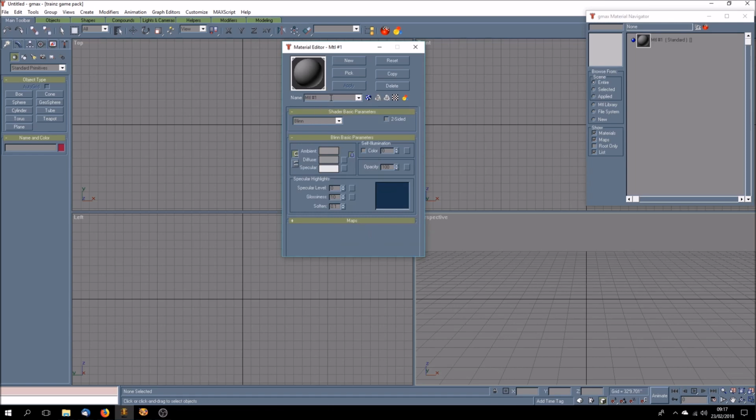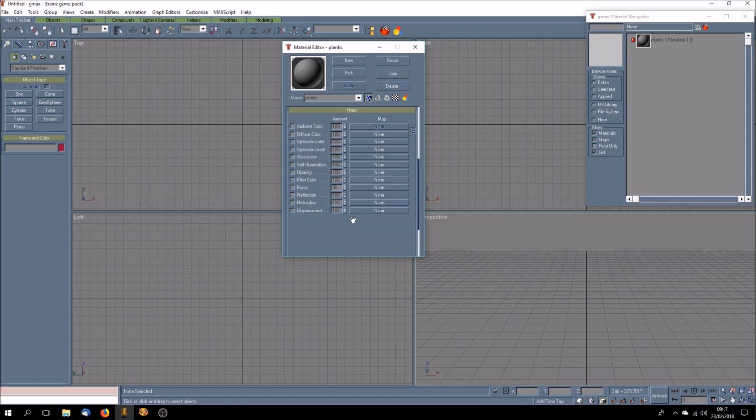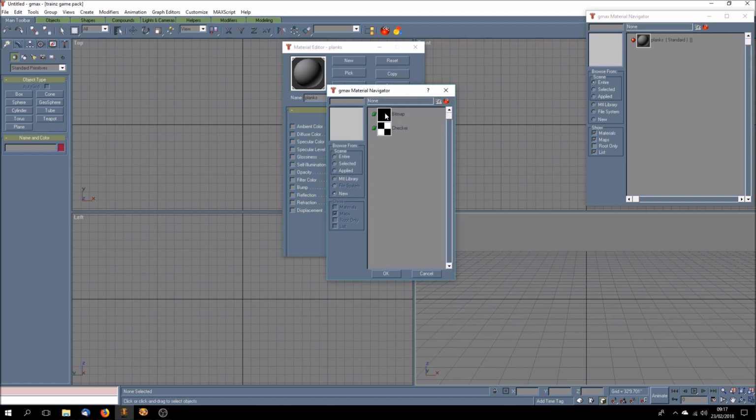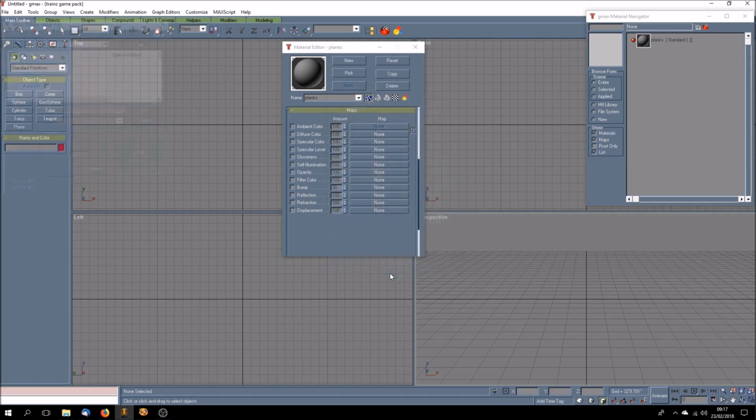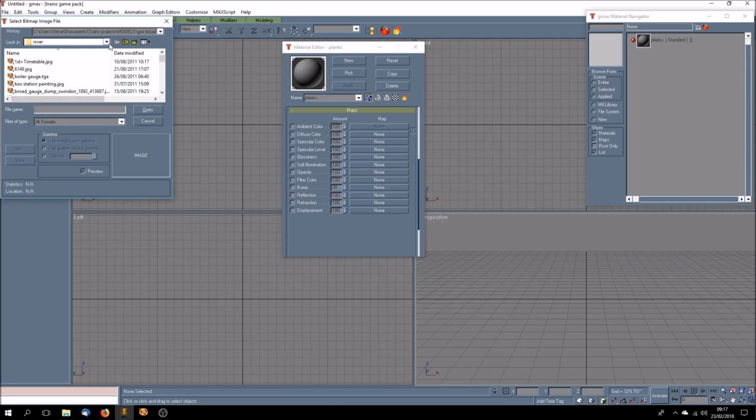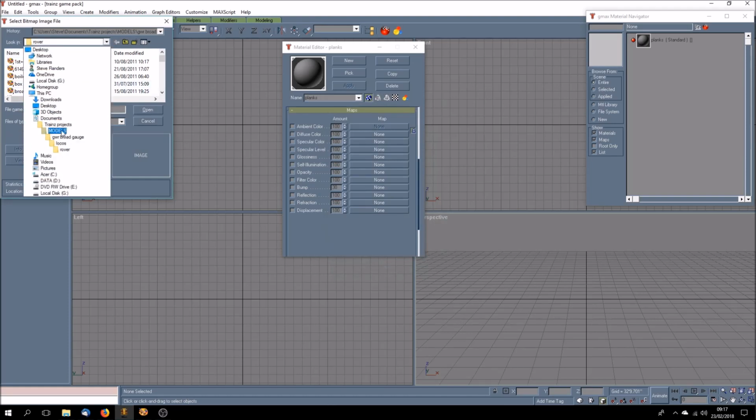OK, and that's material 1, and we're going to call that, like we did before, planks, and we're going to make sure it's visible. And we're going to come down here to maps, and we want diffuse color, the second one down, and we'll click on that. We want it to be a bitmap because it's a TGA file. Click on OK, and then we navigate to our